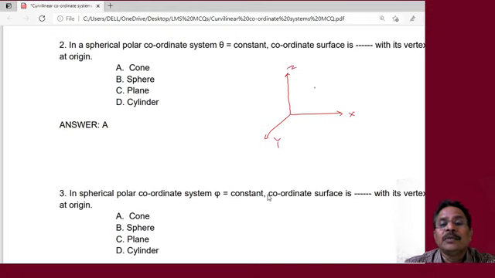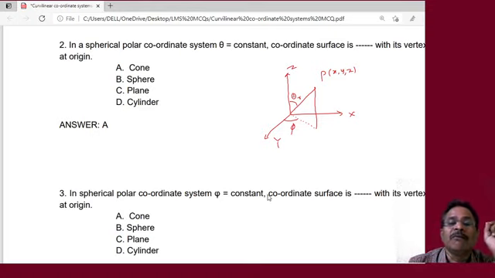And here any point P can be taken as xyz, and whereas this point can be drawn at a distance of r. Now take an intercept of this on this plane. So you will get this to be r. This angle is taken to be theta, angle with the z-axis is taken to be theta, and this angle made by its projection over here is given to be phi. Now once we go for these values of r, theta, and phi, we can go for a surface for the system